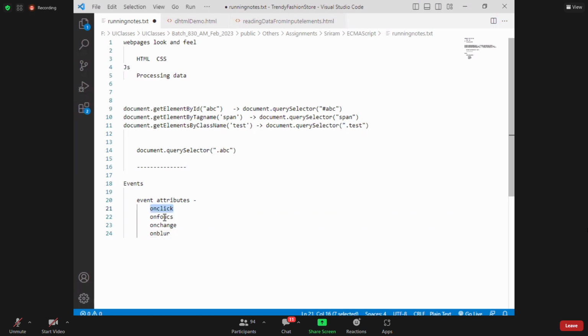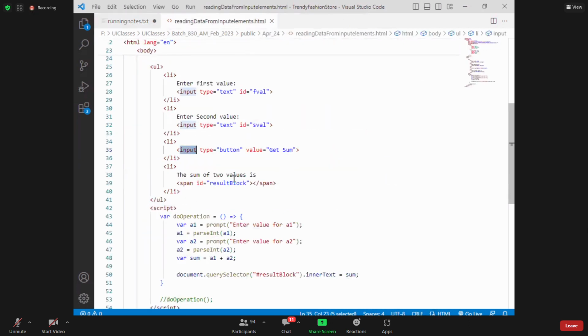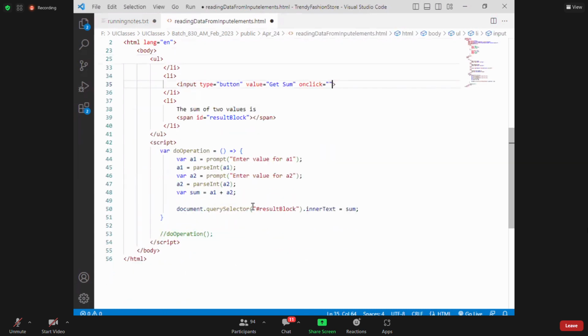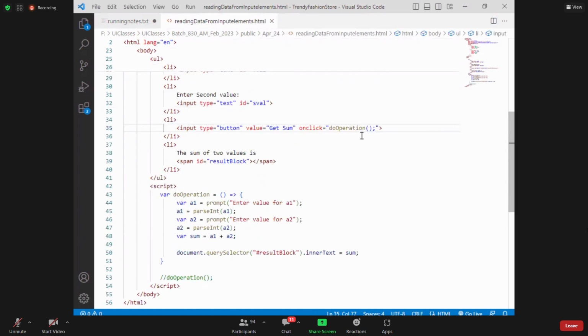What is the use of this? Using it, we can link the HTML with your JavaScript. So here I can simply say onclick is equal to whatever we were calling earlier manually, I call it over here. What do you mean by this? There is an HTML input element of type button, with some value. What I'm saying to it is, whenever a click event happens on this input element, automatically invoke a method called